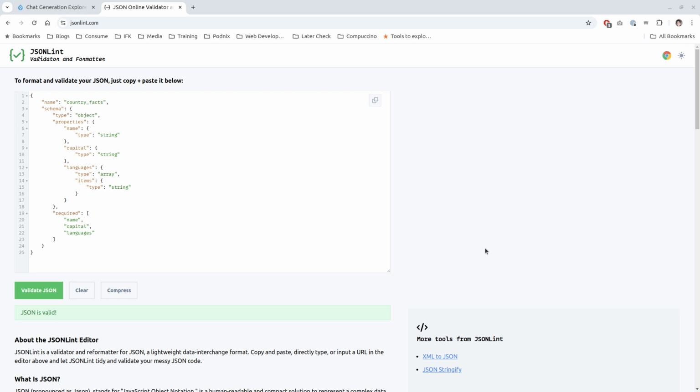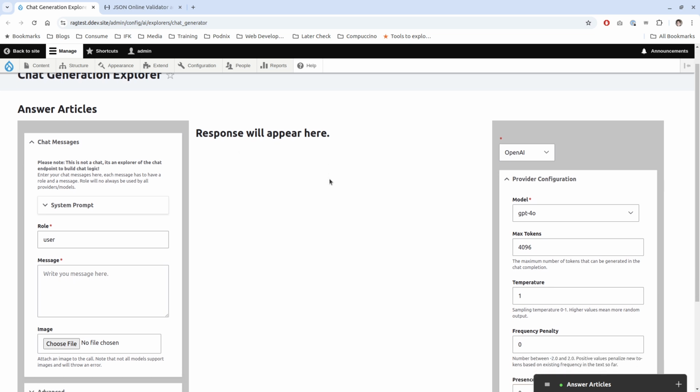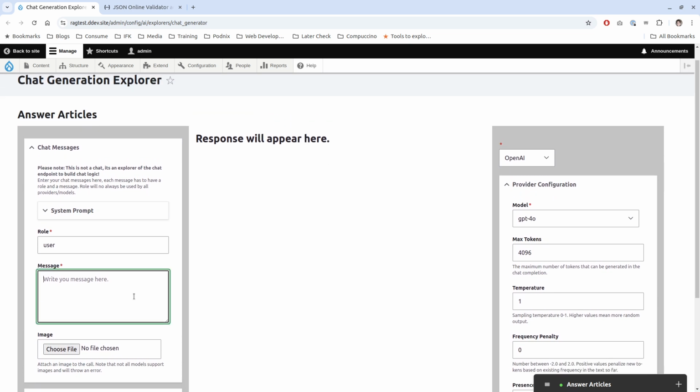So I will just showcase it here. I have a very simple JSON schema here. For the JSON schemas, only the key name and schema is important, and the actual schema then, of course. You don't need description, you don't need schema references and so on. So the only thing I'm gonna do here, I have beautified it, but you can have a compressed JSON as well. I'm just gonna copy that, and then we have our normal chat generation explorer, where we can just ask